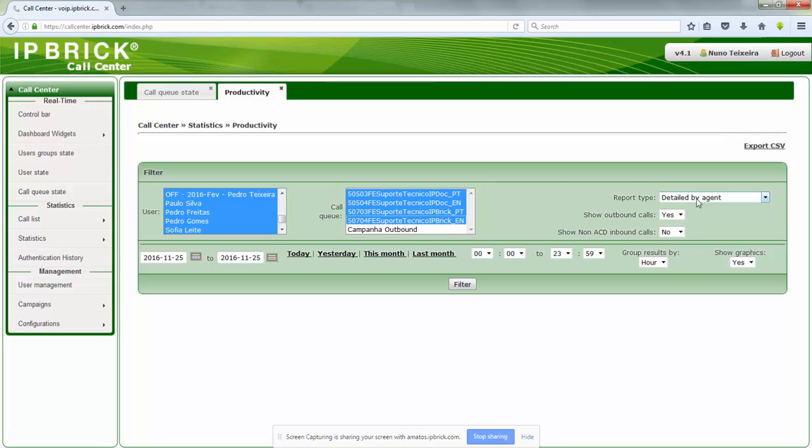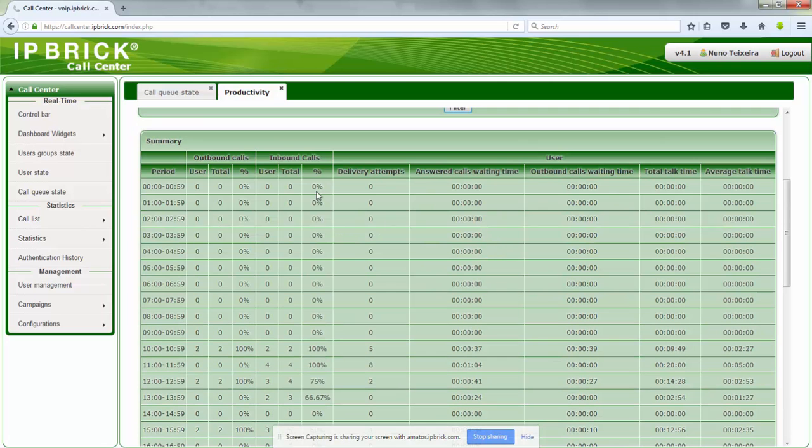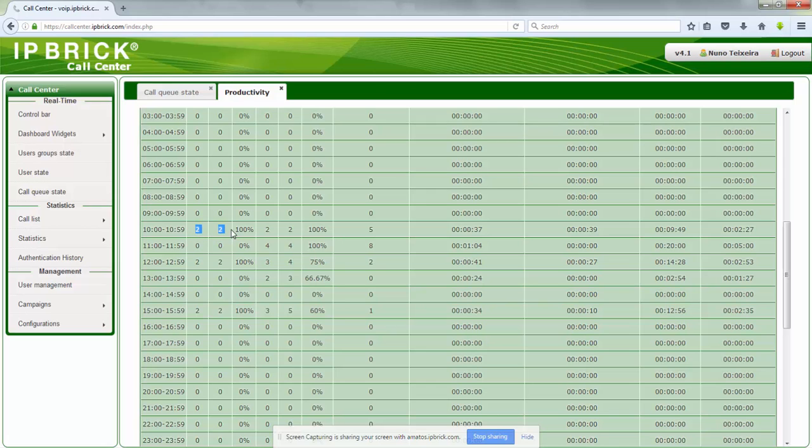All the reports that are available here on the call center are available to export to CSV format. For example, here the productivity of the agents, where I can select the agents that I want, I will place them all, the queues that I want. I can have the report detailed by agent. I can have the detail of agent and queue. I can have a summary of all the data and a minimalist report that will show me very